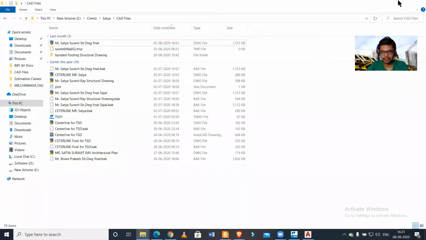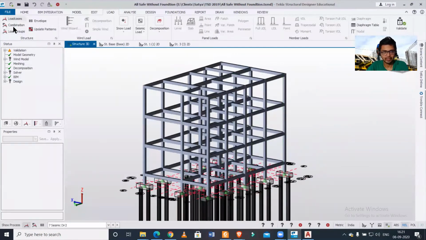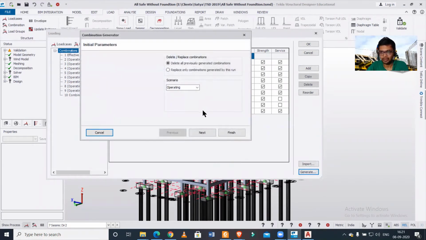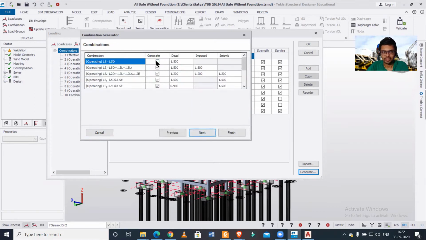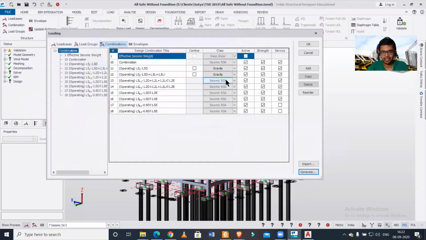So I'll just share my screen right now. As you can see, we have this interface of the software in which all the load combinations have been generated. Now let me go to loads, and to the load combinations. We have these types of load combinations which have been generated. If we want, we can click on generate, and go through the process by which we generate these combinations, the automatic one. Just click next, and then we have selected the load combinations we want. It is according to the Indian code. This is for the limit state method. Like this, we had generated these load combinations.